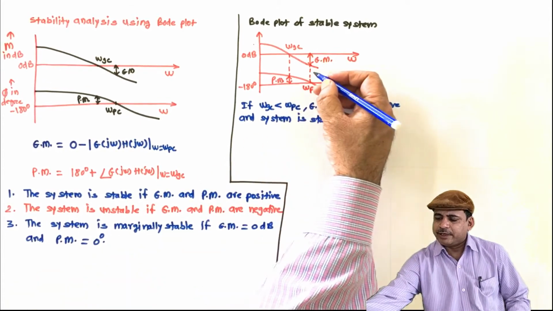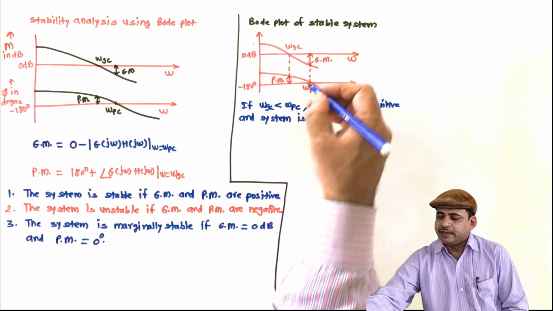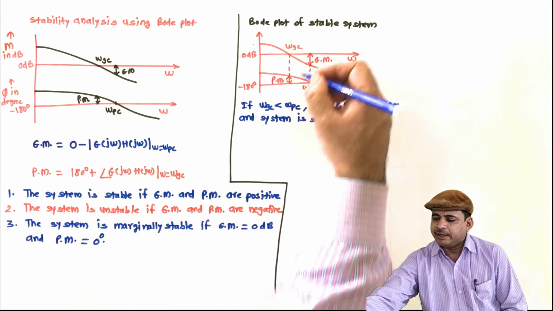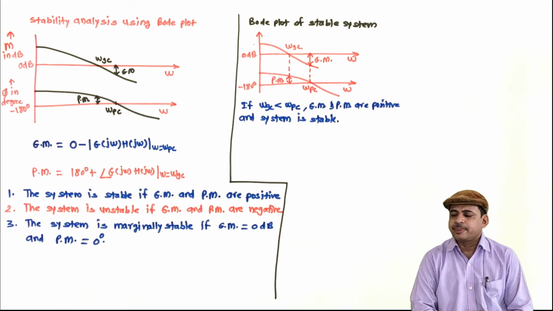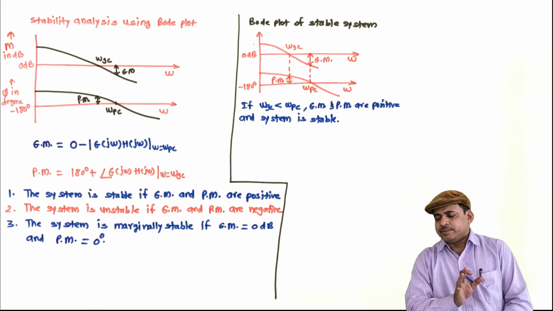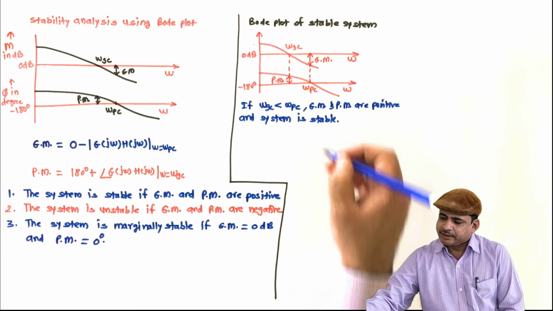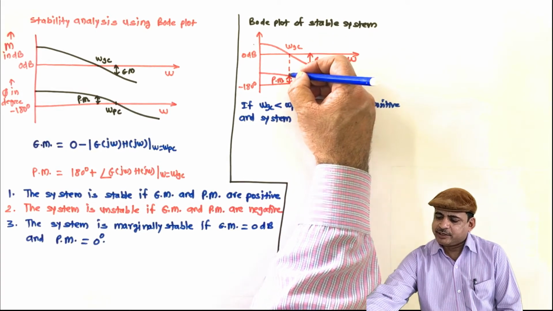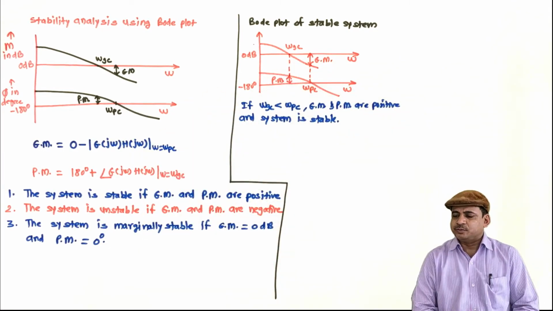What happens? So you can see whenever the gain crossover frequency is less than phase crossover frequency, at phase crossover frequency the gain has moved down and it is negative. So 0 minus negative becomes positive. And this is applicable for non-minimum phase, minimum phase systems. Then next, in the same case, at omega GC, the phase is less negative than minus 180. So 180 plus this phase is positive.